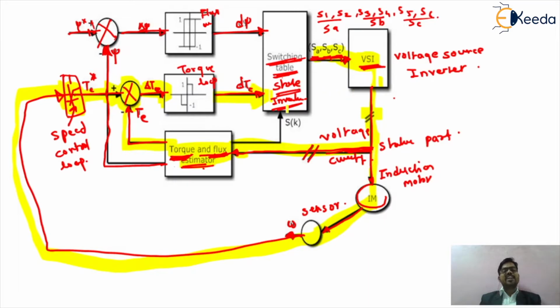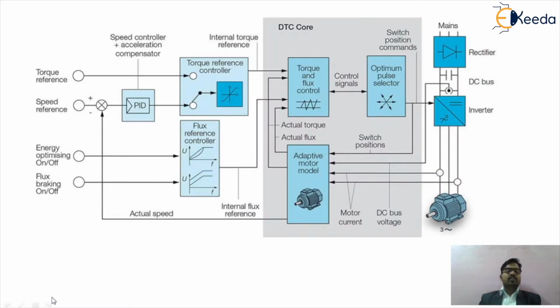So this will be the actual understanding and basic concept of the direct vector control, or we call it the direct torque control scheme, of your induction motor. Now friends, we can understand this principle again by taking an example, and that example is powered by the ABB company. Now we can get the actual concept.